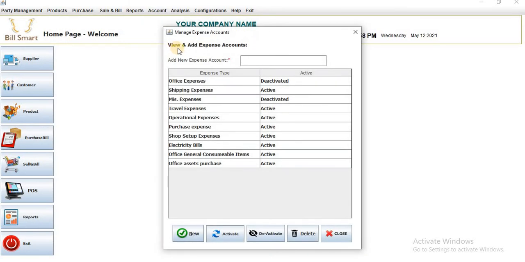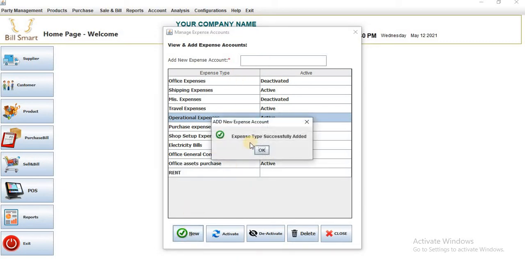This is the Manage Expense Account screen where, if you want to add a new expense account, you can give the new expense account name. Some expenses are already registered, so you can also use these expenses too, and as per your requirement you can add a new expense account, like you are paying salary to your workers, to your employees, or you are paying the electricity bill, or the rent of the shop, so you can create the expenses. Like I am creating rent as an expense and click on this new button.